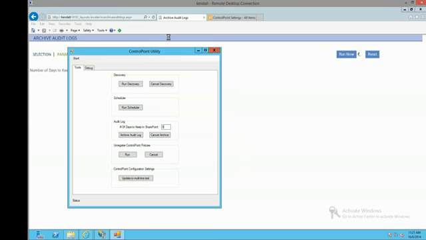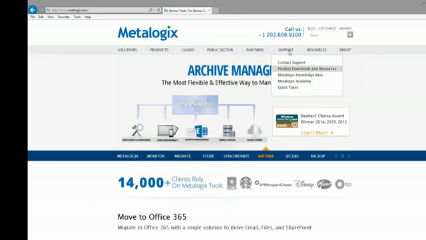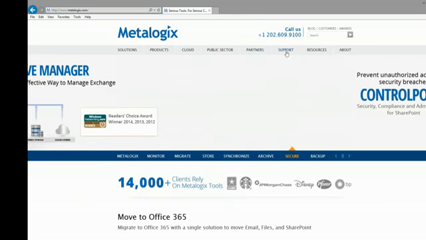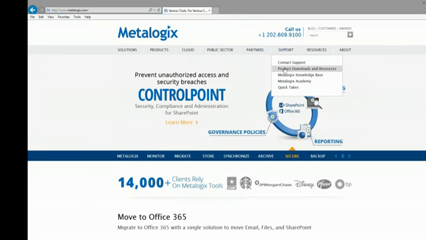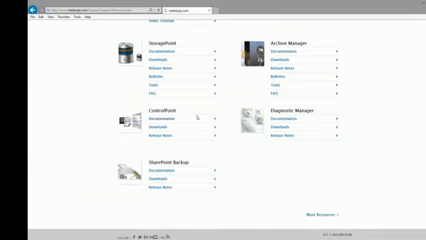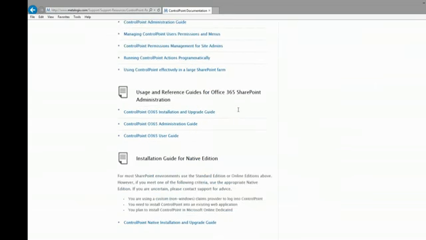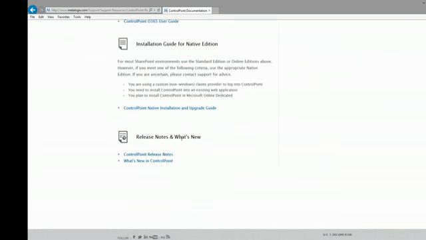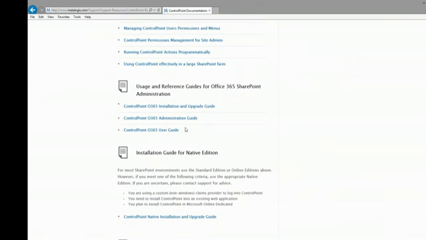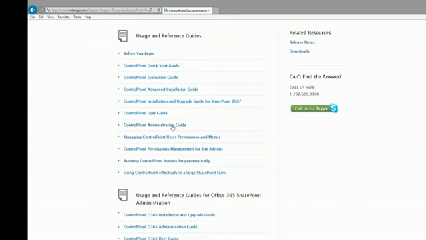One thing that I definitely want to highlight is that we have this a little bit more detailed on our website, metalogix.com. If I navigate over to our product downloads and resources, Control Point documentation, and there are a few different options that are available here. We have our release notes and what's new and our installation guides and all the information that we already have here, but one of the big things to take a look at